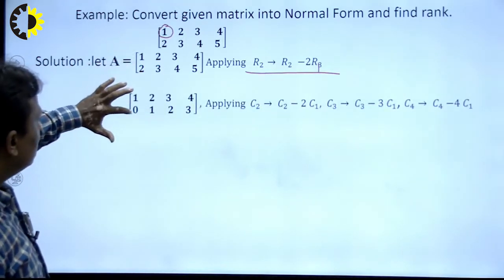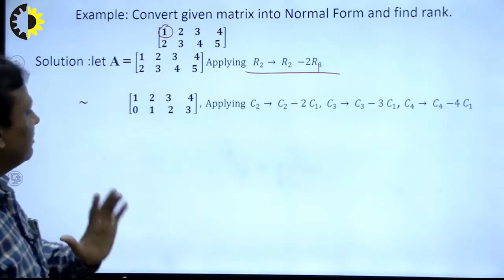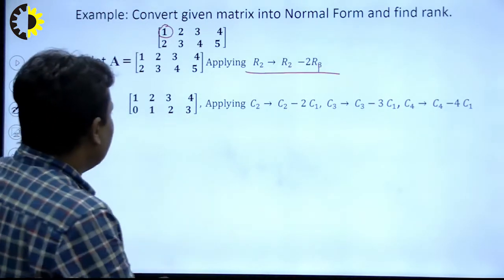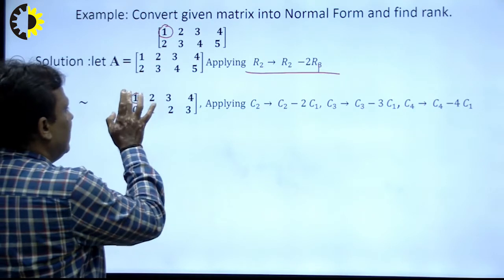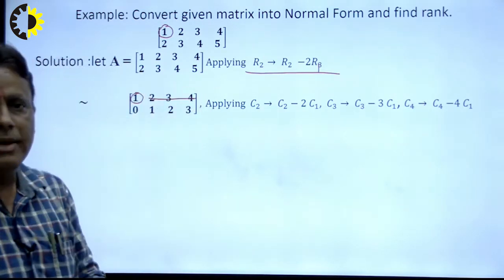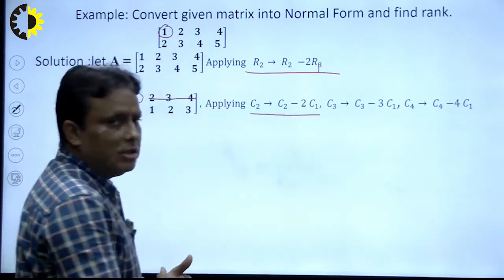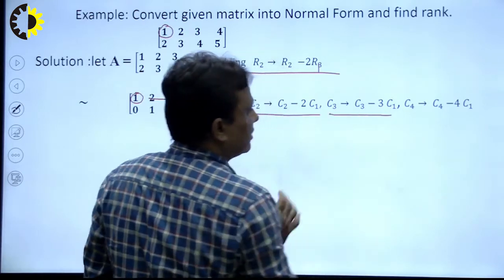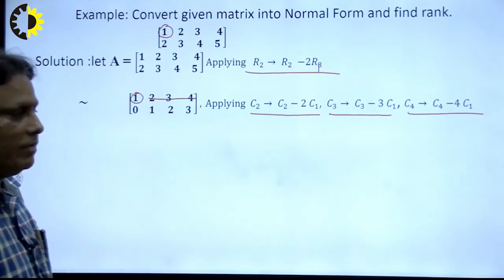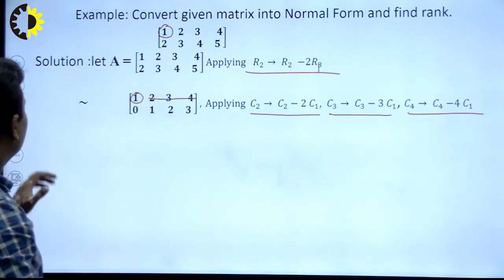2 minus 2 is 0, 3 minus 2, right, this is this, 4 minus this, and so the result will be 0 1 2 3 here, right? Now with the help of this element we apply column operations, and these will be 0. So how? C2 arrow C2 minus 2C1, C3 arrow C3 minus 3C1, and C4 arrow C4 minus 4C1. So that means 2 minus 2 is 0, 3 minus 3 is 0, 4 minus 4. So the result will be here